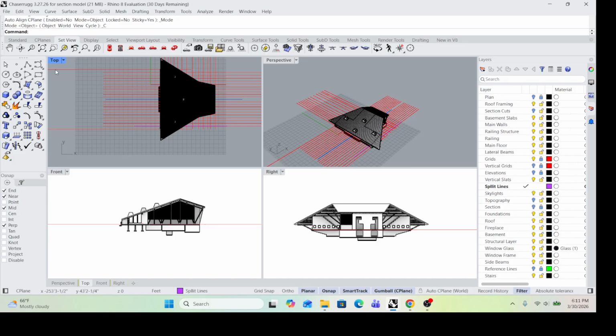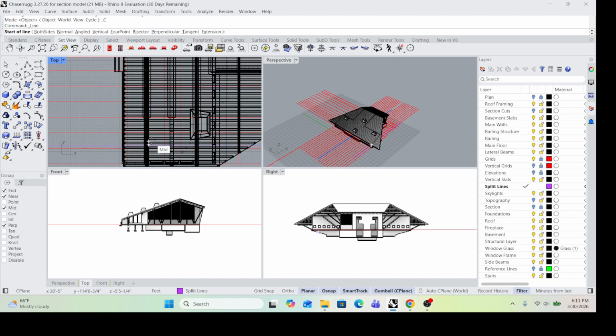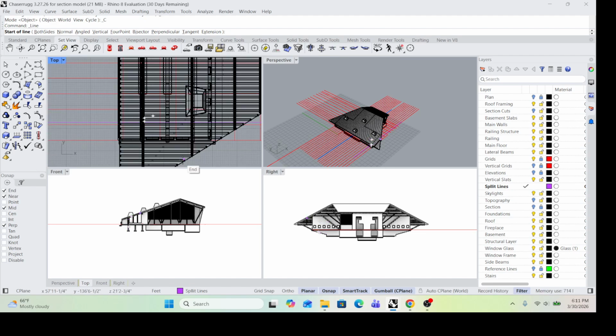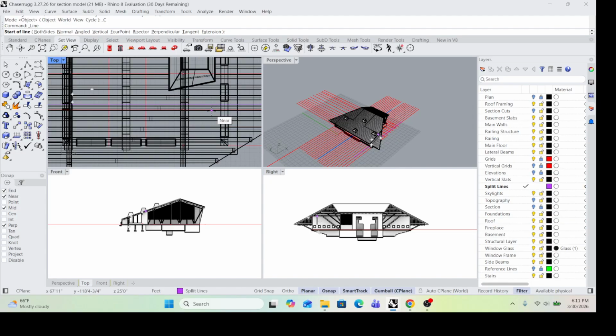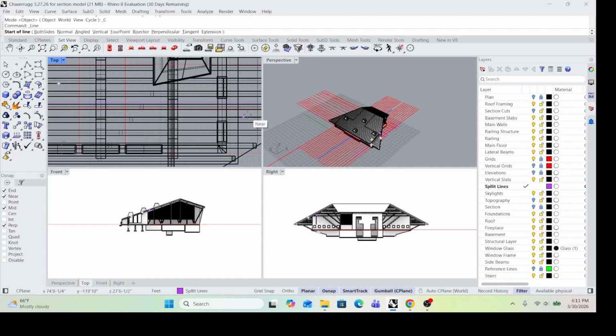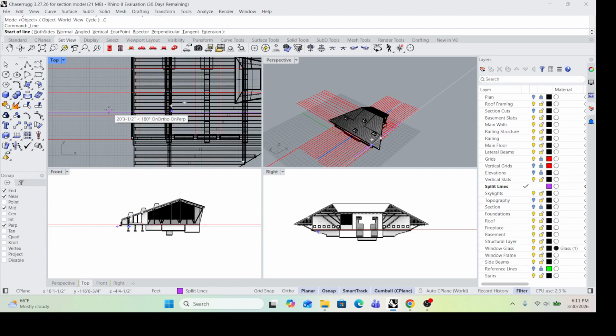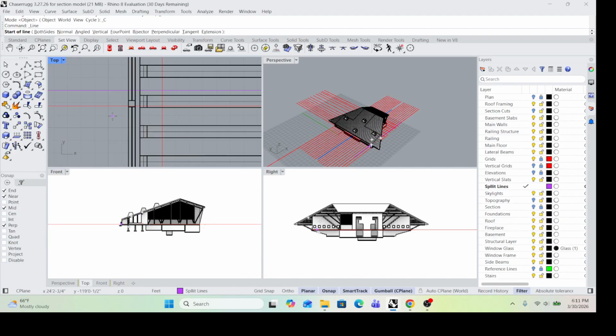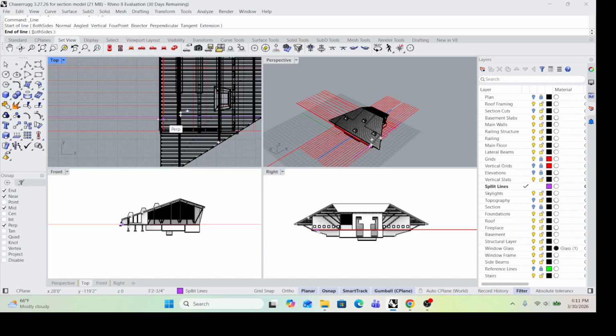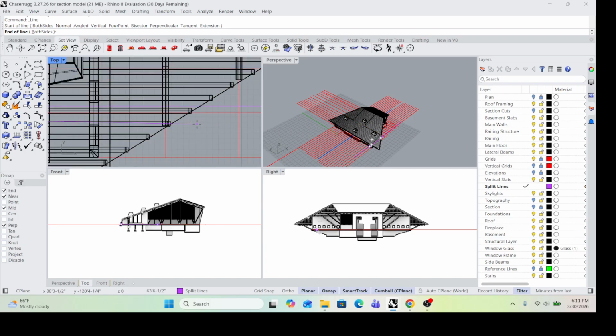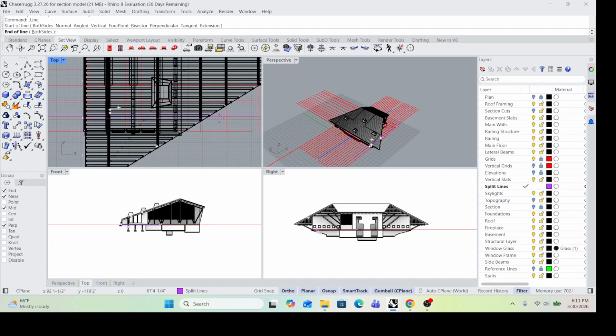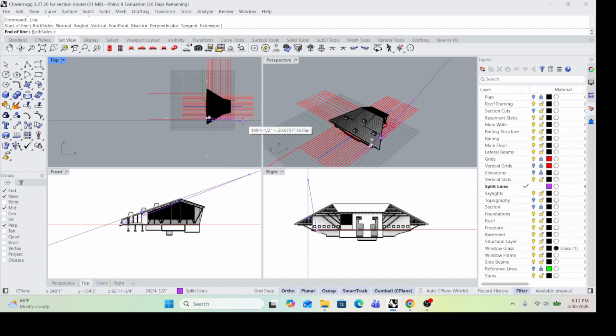So I'm going to start just by creating a single line. I'm going to decide where I want this to be, and I'm going to see if I can get it in between significant stuff. So I'm going to start mine right here. And I'm going to hold shift to make sure it's straight, and I'm going to come